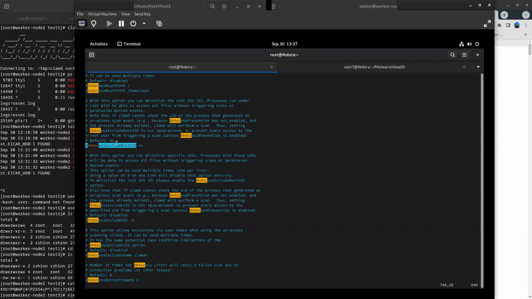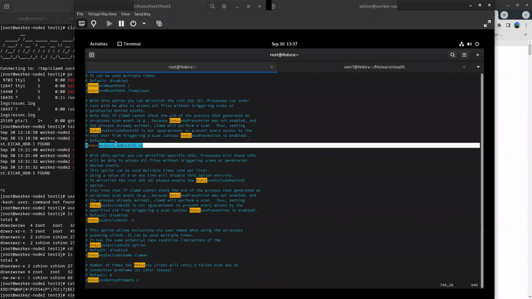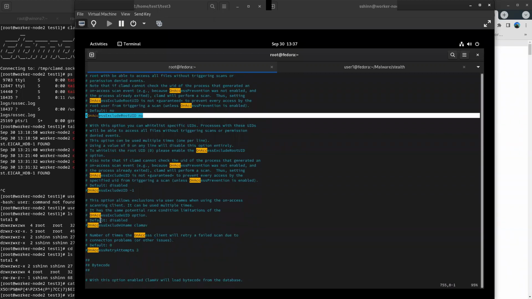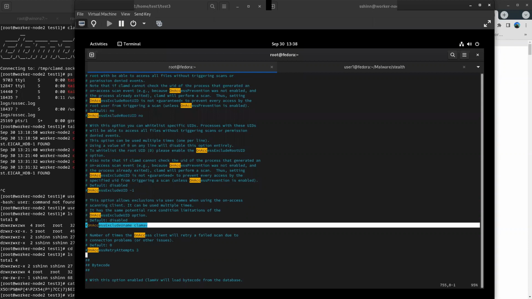First one is exclude root. I can't think of a scenario yet where I didn't want to exclude root. But I suppose if you're in super paranoid mode, you could not exclude root. You wouldn't be able to access the file as root until you turn ClamD off or reconfigured it or something. But at any rate, I always have that on by default. And then we're going to play around with exclude by username.